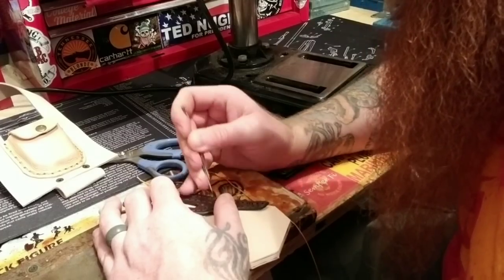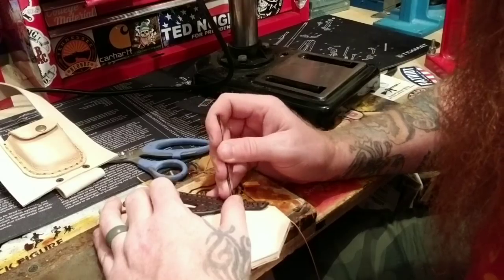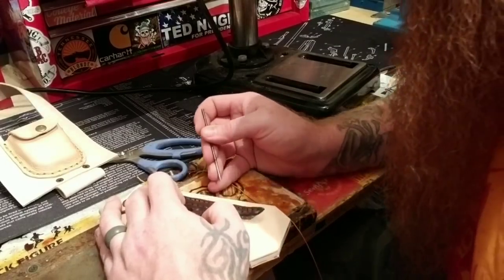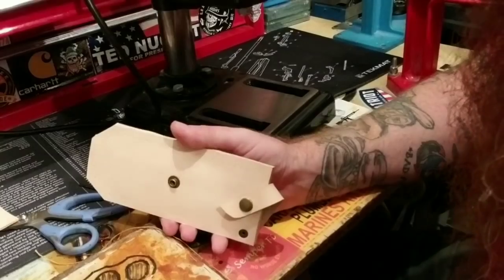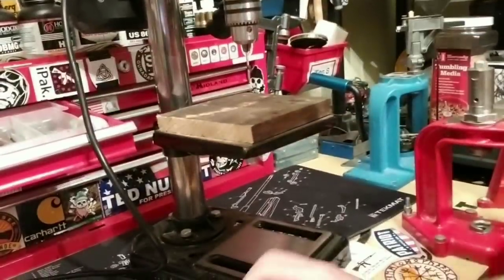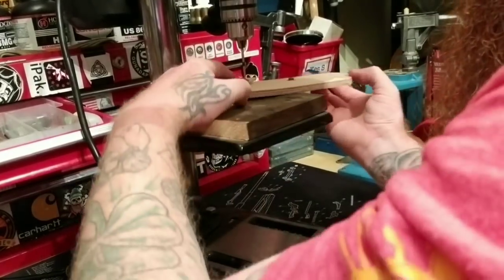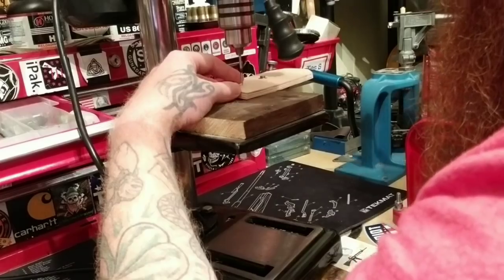You could just use a roller, but this is what I use to do all my designs for anywhere from belt loops or whatever. So, alright, that's how I get started. I'm going to go all the way around now. Alright, now that I've got everything marked, take you up here. And it's a lot easier if you pre-mark all your holes. That way when you're doing this,